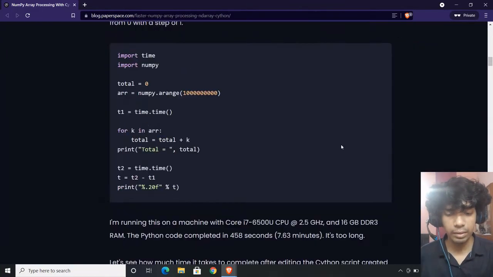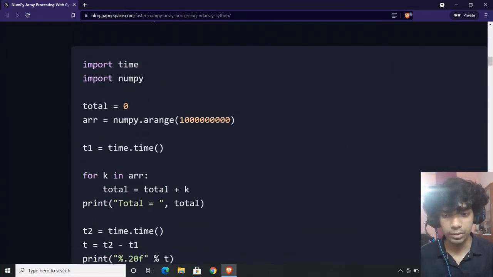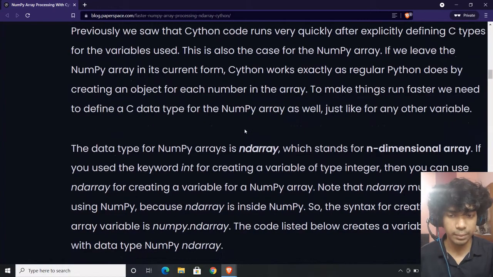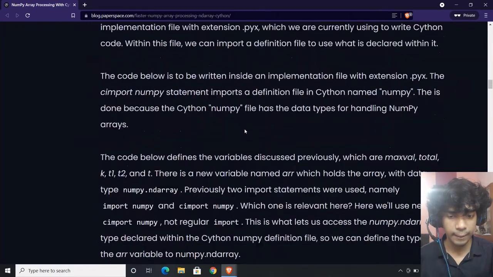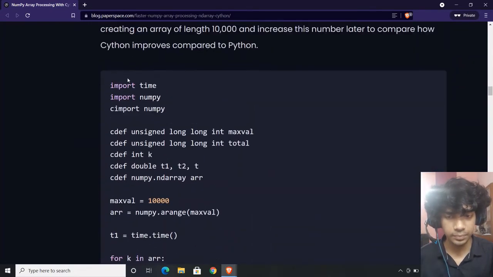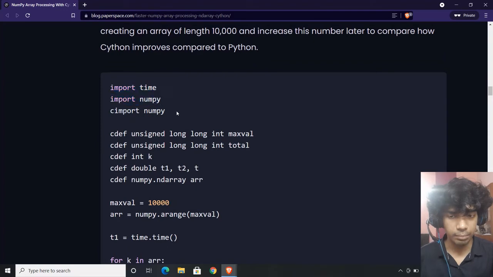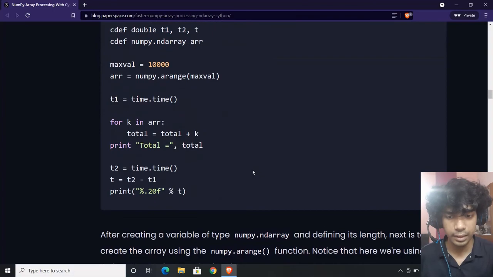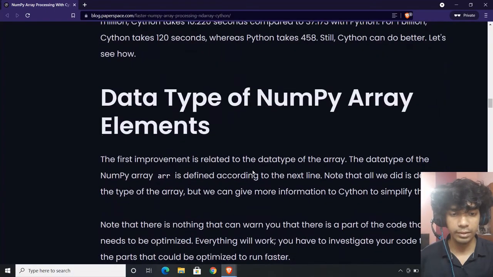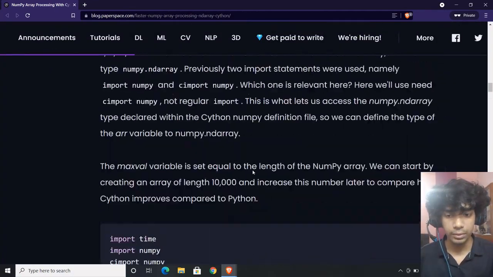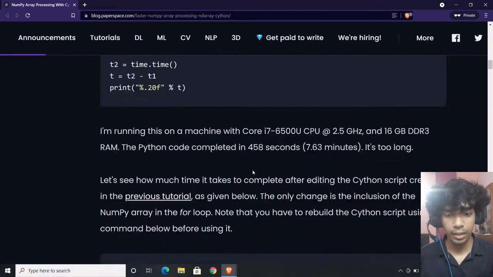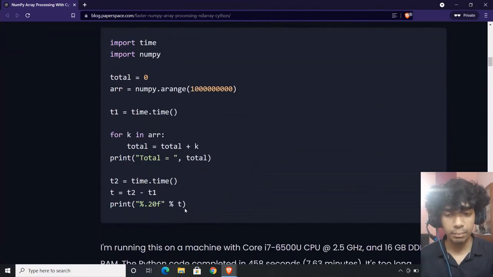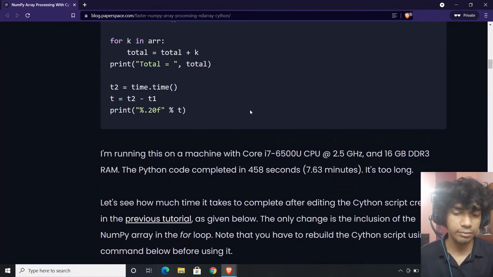If you're comfortable with something, you can make a deeper dive, so that you understand what exactly it is, right? So this is for one extremely simple Python loop in NumPy. You import time, NumPy, arange, you go through the loop, sum the total, and print out the time. Then you have Cython types for NumPy arrays, import time, NumPy, Cython, NumPy, those kinds of things. This particular thing shows that you have a tremendous speed boost. Even though it is saved in NumPy, you would observe a speed boost.